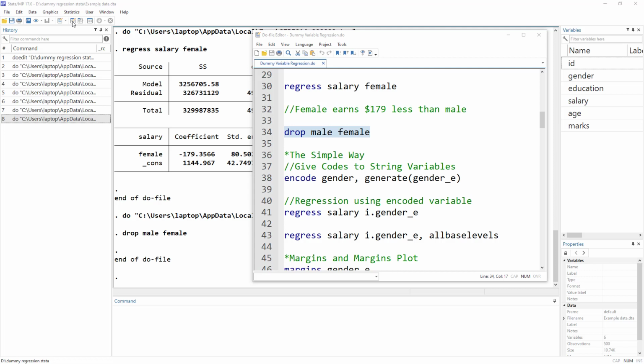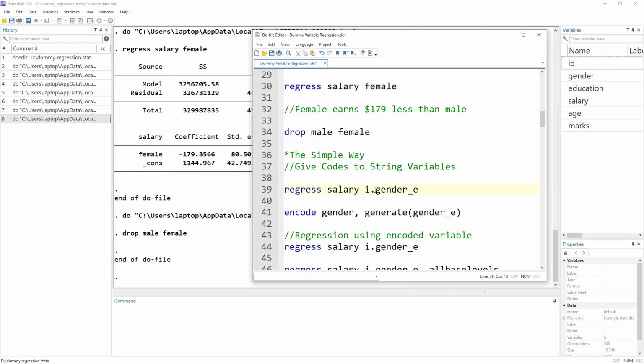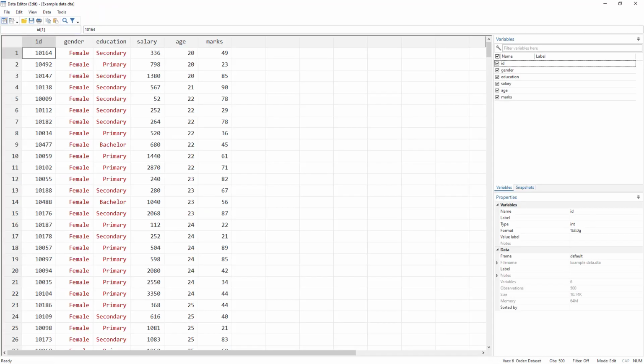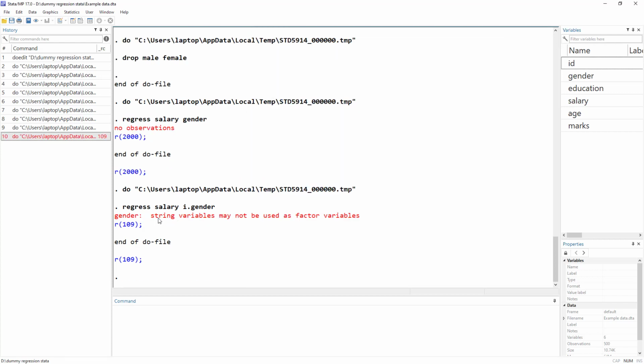First let me run the regression, and let me show you what error we would get and how we tackle that error. If I regress salary on gender, it says that we do not have any observation. But if we look at our data, we do have a lot of observations. Now the issue is that we need to add i. with this categorical variable, but still you would get an error. But that error is more